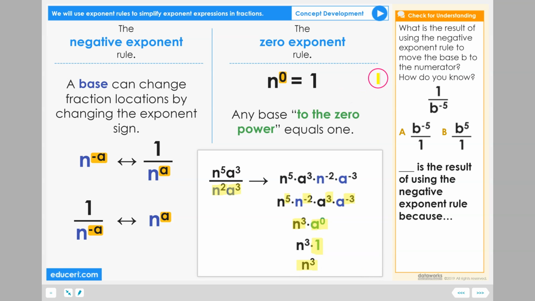Let's check for understanding. What is the result of using the negative exponent rule to move the base b to the numerator? How do you know? B to the negative 5 in the numerator or b to the positive 5 in the numerator? Blank is the result of using the negative exponent rule because